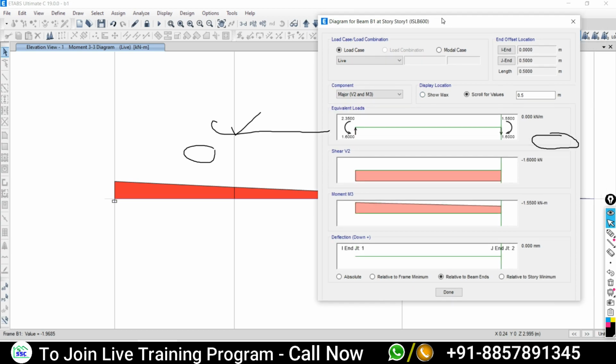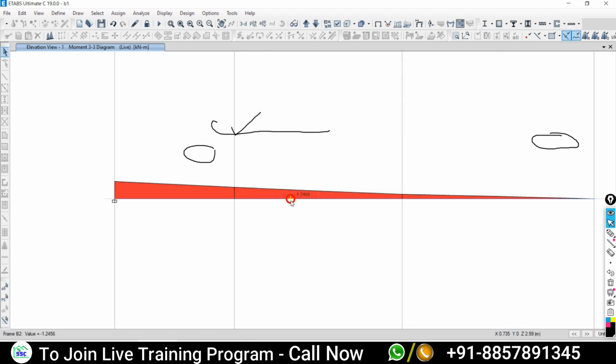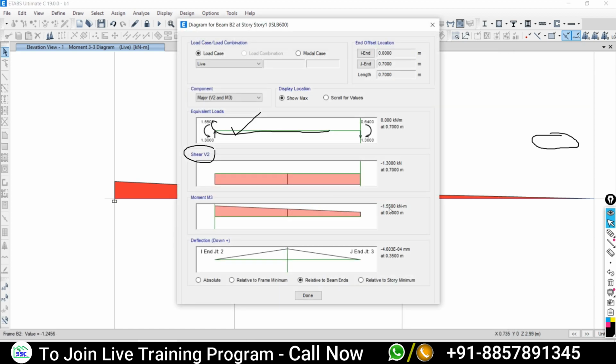If you start the new part, on the left side it is 55, on the right side it is 640. Understood? Yes, sir.